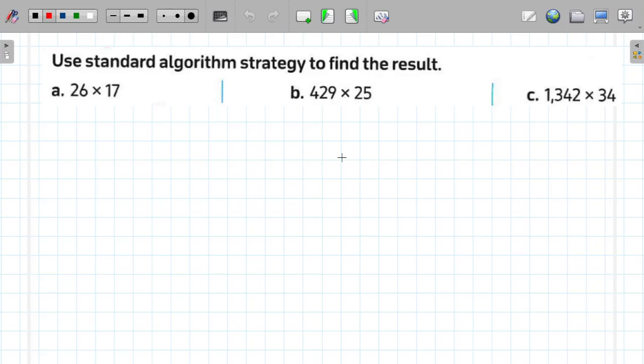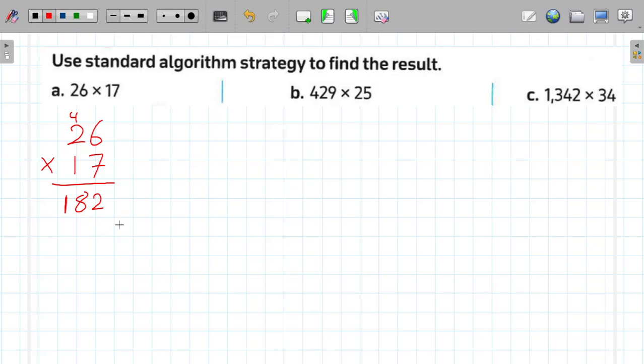Okay, let's try some examples. I have the first one here, 26 times 17. So the first step, I will multiply the big number, or the first number, by the first digit here. I have 7. So 26 times 7. 7 times 6 equals 42. So I will write 2 and carry up 4. Next, I have 7 times 2 equals 14, and 14 plus 4 equals 18. So I have